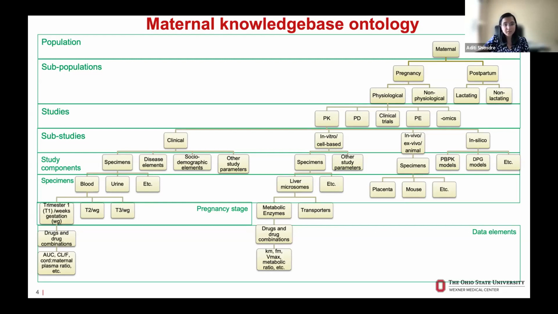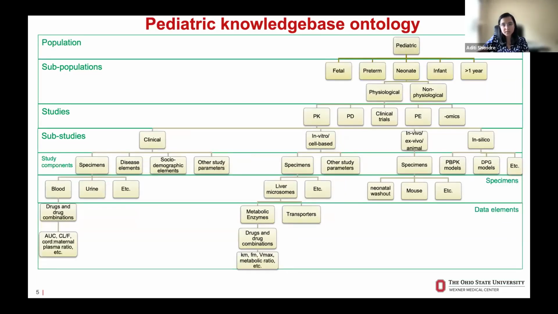And then moving down, when we look at pregnancy stages, of course, there are the 3 different stages that are considered. I know that, usually it's looked at as a continuum, looking at gestational age or gestational period, but we try and capture as much information as is available in the literature. And then the data elements themselves specific to each of the studies. The ontology is similar in the pediatric population. Of course, the subpopulations are different, and so we'll try to classify them based on what the study is focusing on. So if it is a fetus, preterm neonate, infants, and older children,